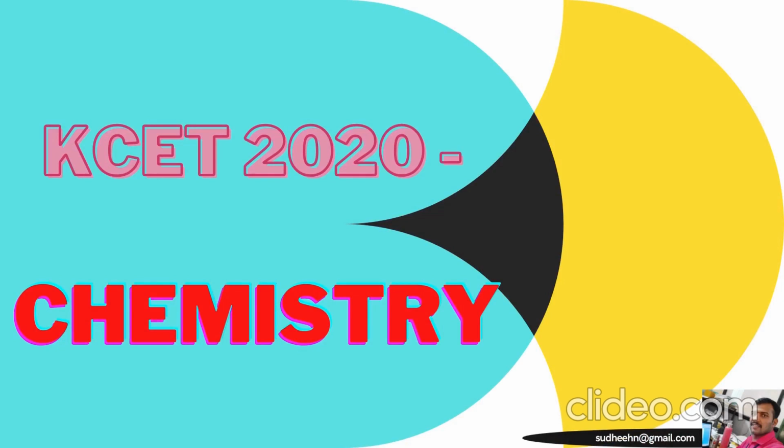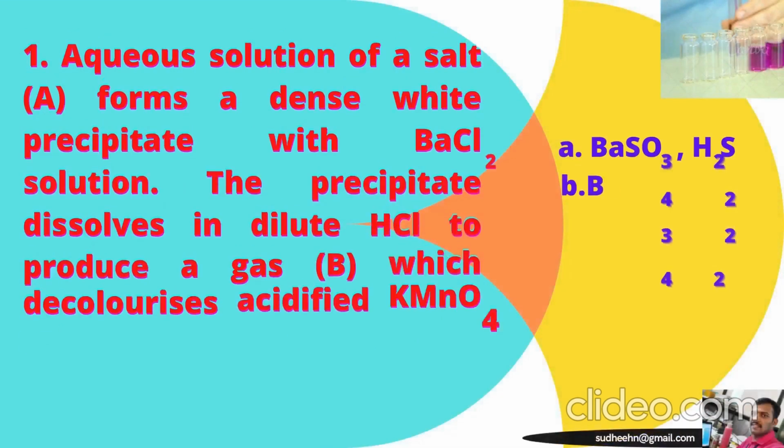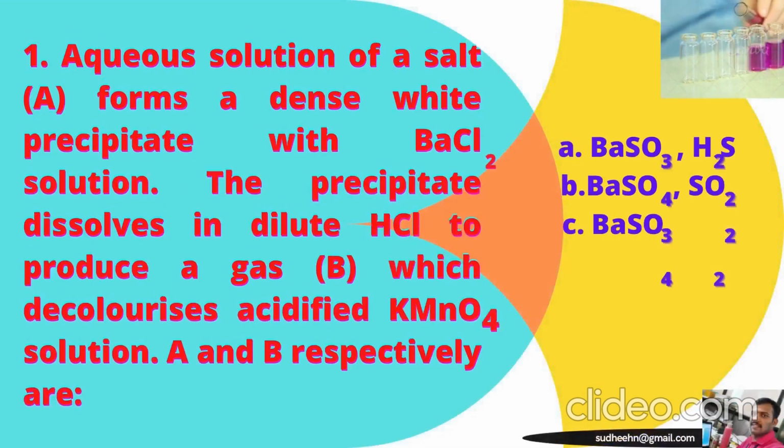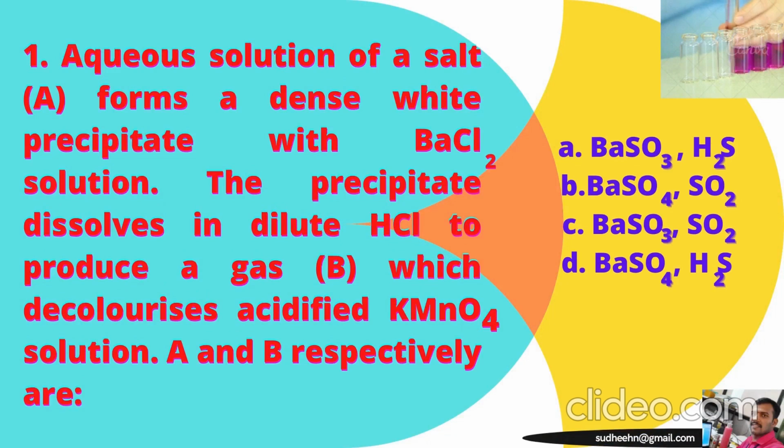In this video, I come up with the solutions for KCET 2020 for the chemistry paper. In that, the first question goes like this: an aqueous solution of a salt A forms a dense white precipitate with the barium chloride solution. The precipitate dissolves in dilute hydrochloric acid to produce a gas B which decolorizes acidified KMnO4, that is potassium permanganate solution. A and B respectively are